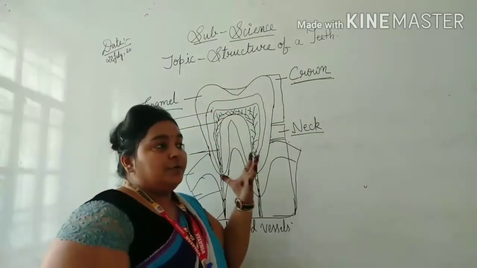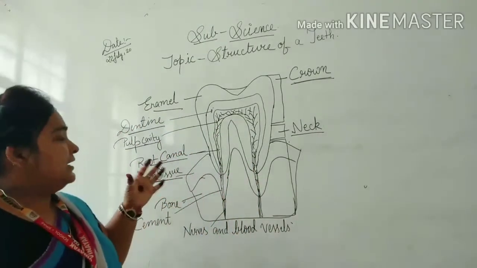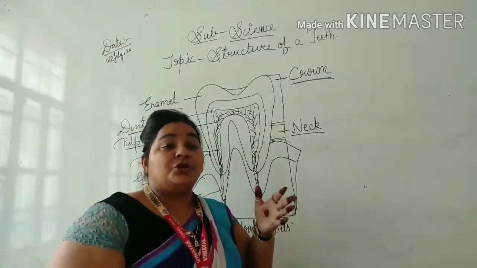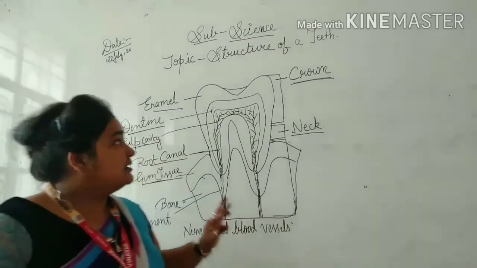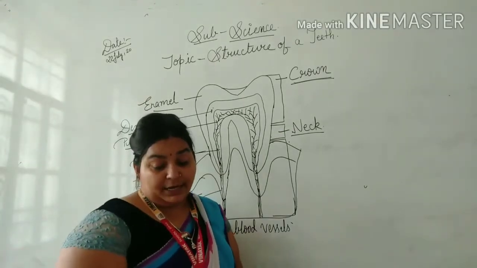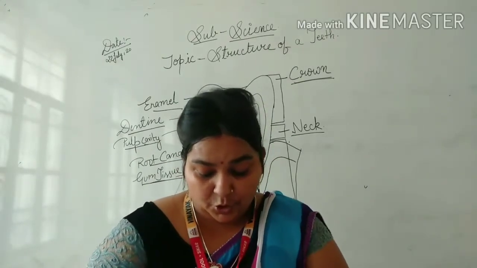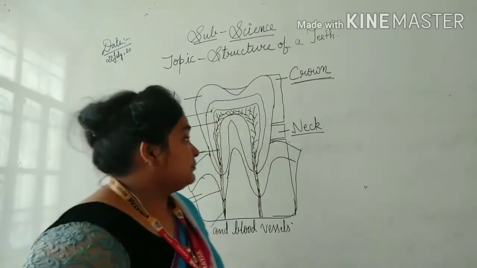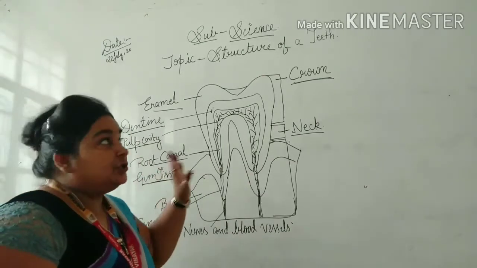This is the outer portion that is visible to you. But what is the main component inside the tooth? We can see the enamel, the white portion that is visible, which we brush daily in the morning. That is the hardest substance in our body, and it is called enamel. Enamel is the hardest substance in our body. Now what is dentine next? The dentine is a bone structure, and it is also very hard. Okay. This makes it clear how the tooth looks.